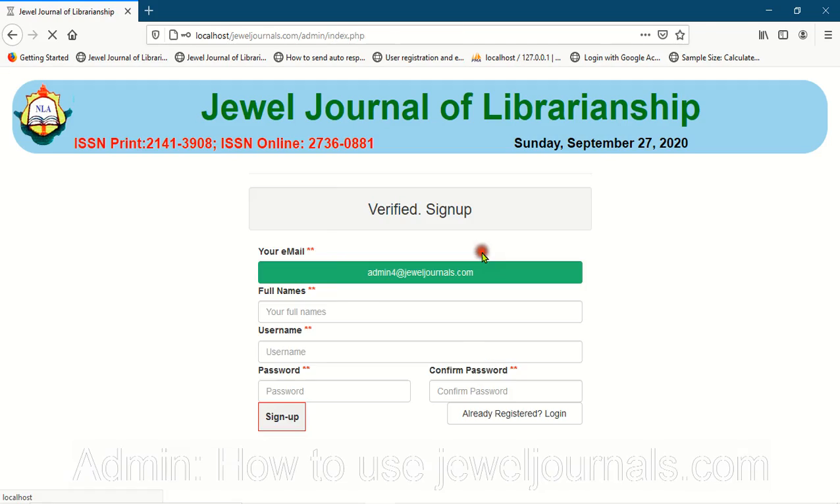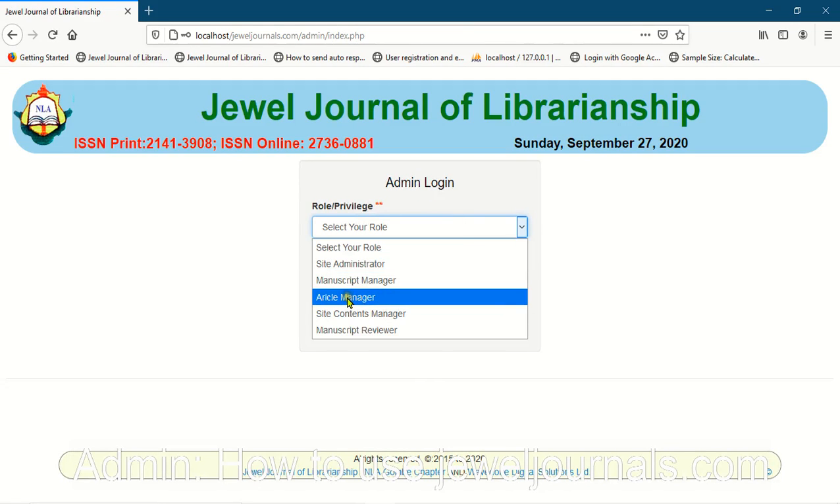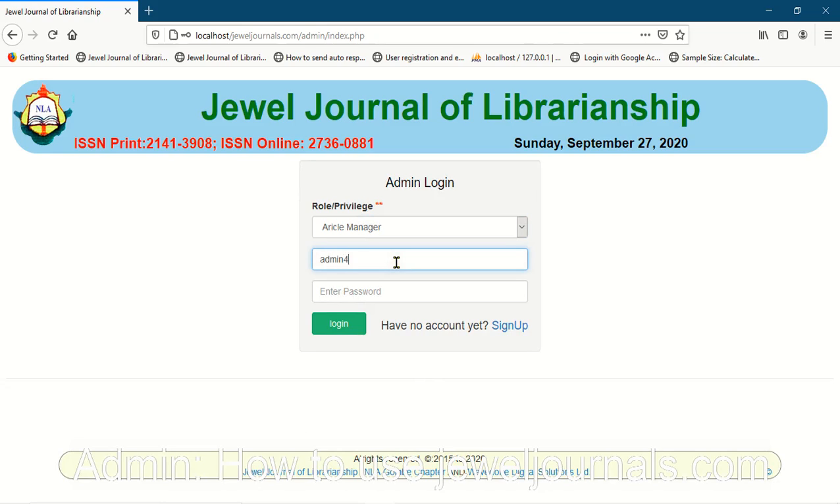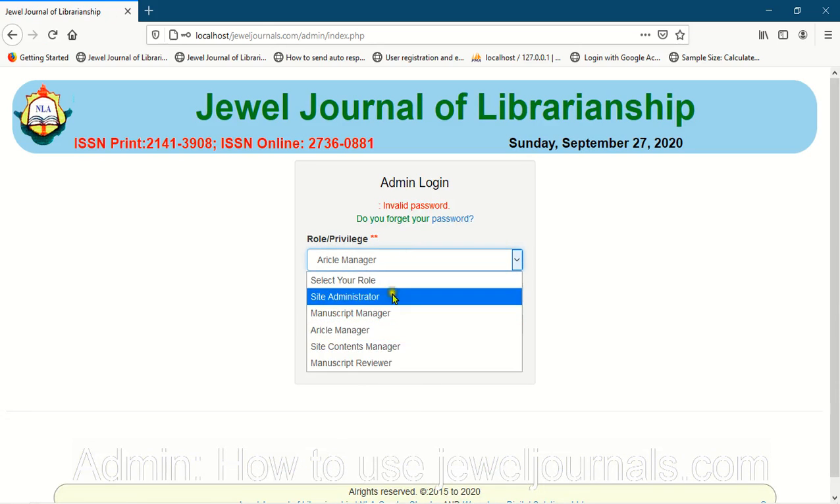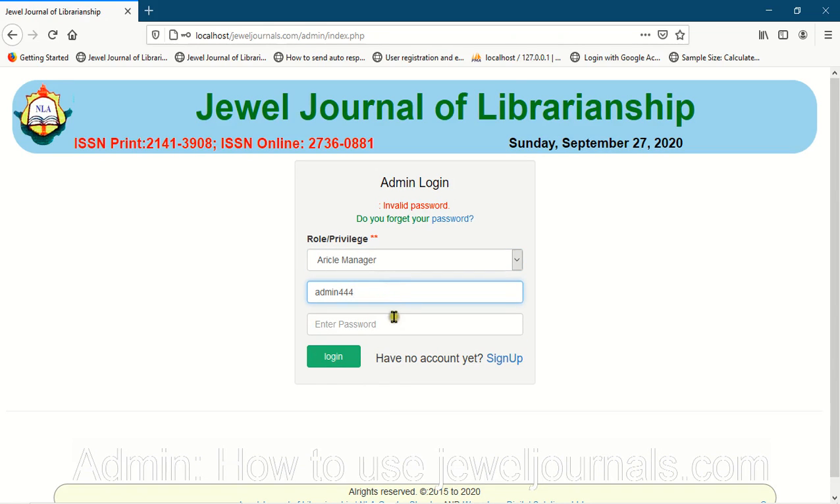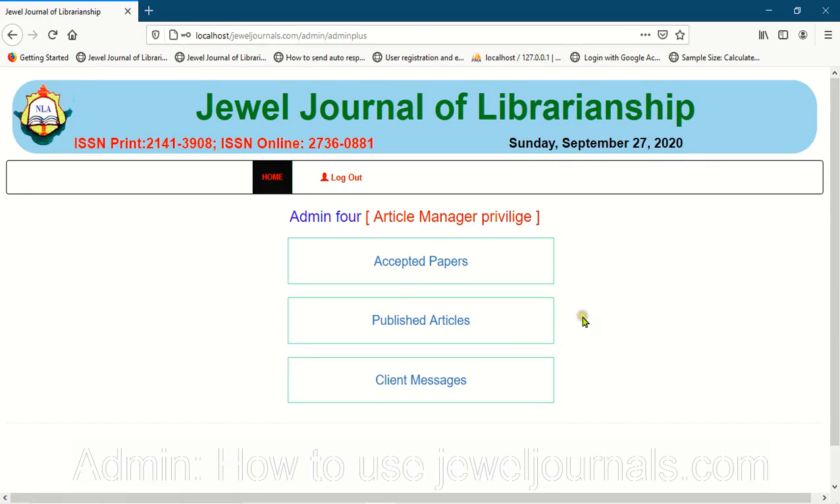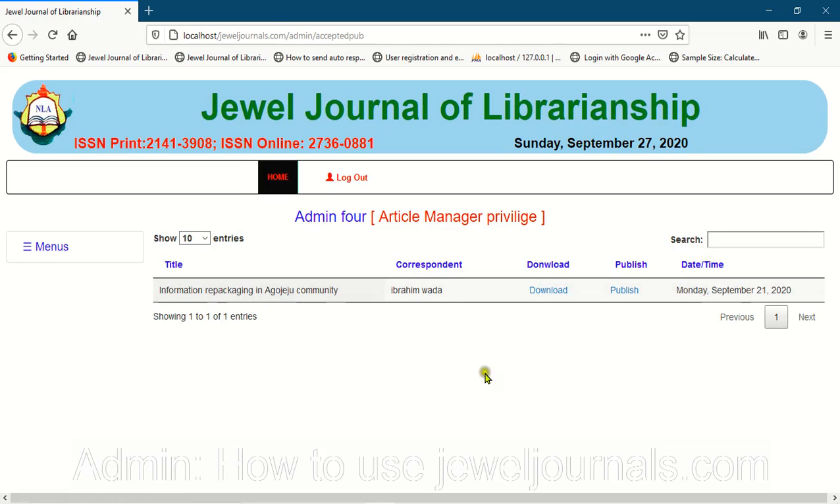So I'm going to sign up, and now let me sign in to see if I'm correct. Let me try again. Okay, I've now signed in, and these are the roles that the Article Manager performs: to see accepted papers, to see published articles. If you click on accepted papers,